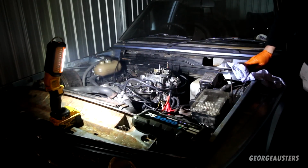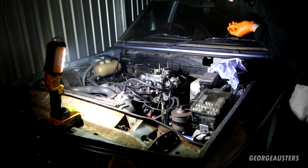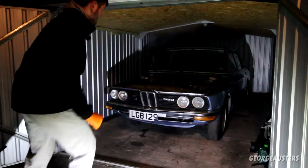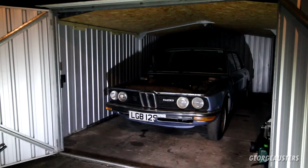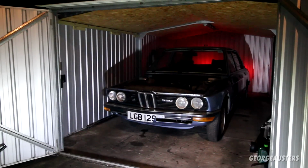Yeah, definitely need to add more fluid. That looks good now. This is it. Here goes nothing. Going to leave it in neutral for just a minute. Drop it down into drive. Oh, oh,